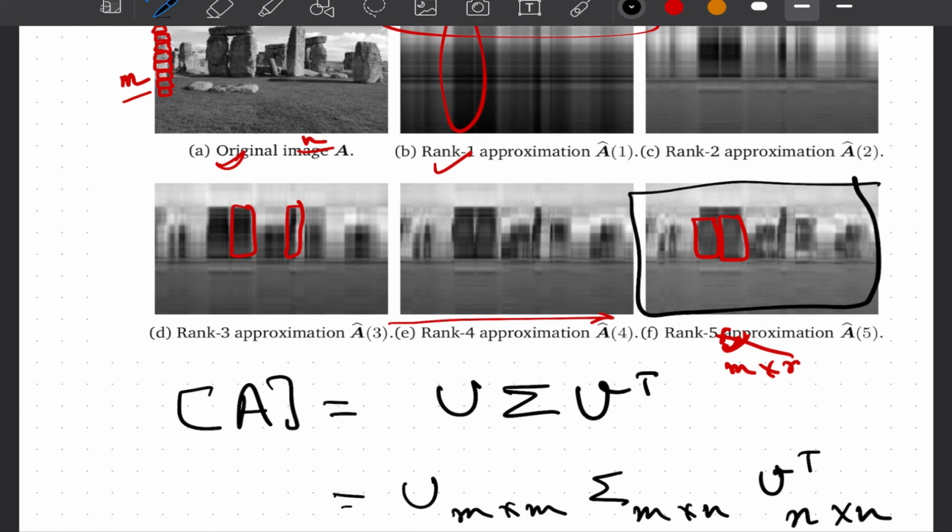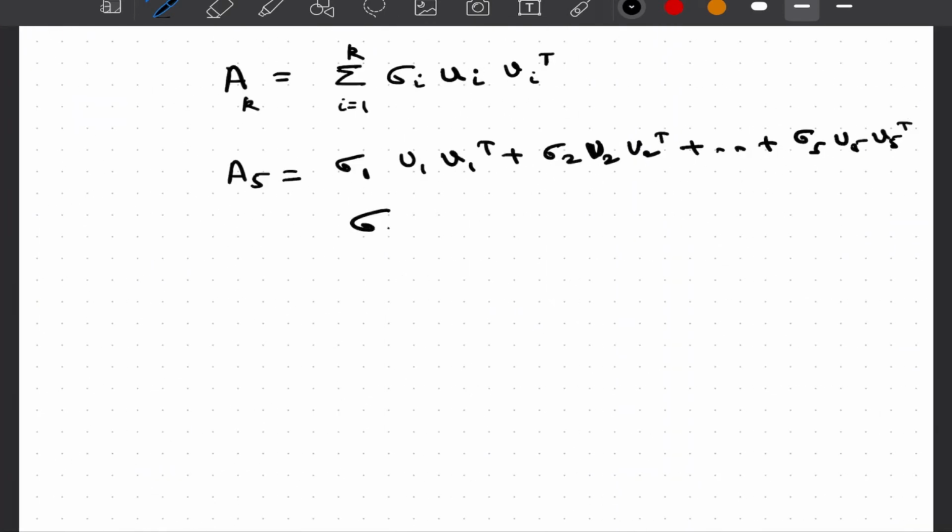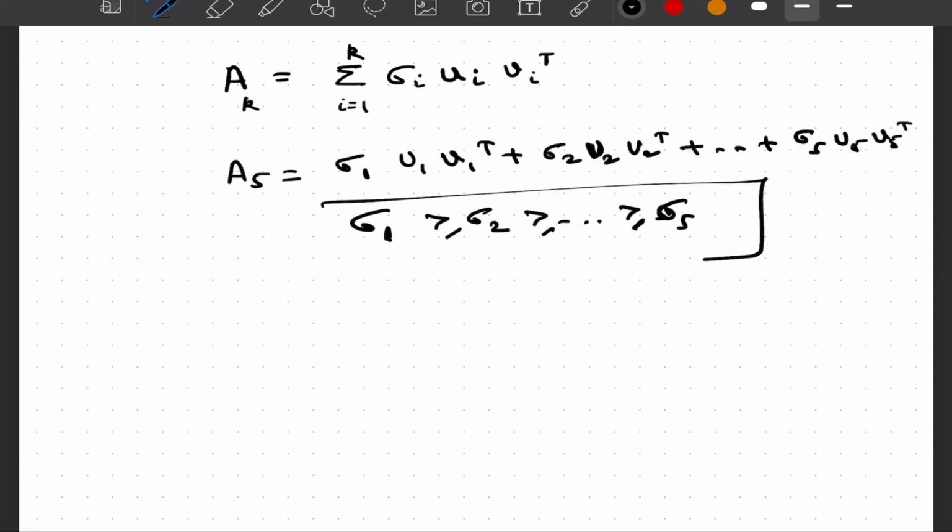So what we will do is perform the singular value decomposition of whatever matrix we have. We will arrange our diagonal matrix sigma in descending order. Whenever we are talking about the K rank approximation, we are strictly saying that sigma 1 has to be greater than sigma 2, greater than sigma 5. And if we are talking about certain cases where this could be 0, we can say that sigma 1 has to be greater than or equal to sigma 2, and so on. Under this condition, this will give us the K rank approximation.